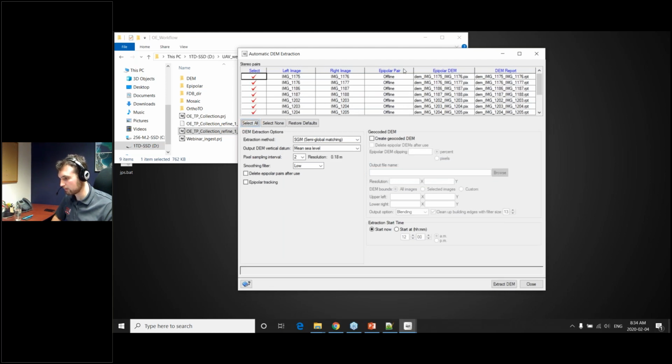So here we have all the pairs in the project. We can use the SGM matching method. We can collect a one-to-one resolution DSM by choosing the pixel sampling interval as 1. So we're going to utilize every single pixel for the DEM, and that automatically identifies that we can extract a DSM at 9 centimeter resolution. We can then select the geocode DEM,